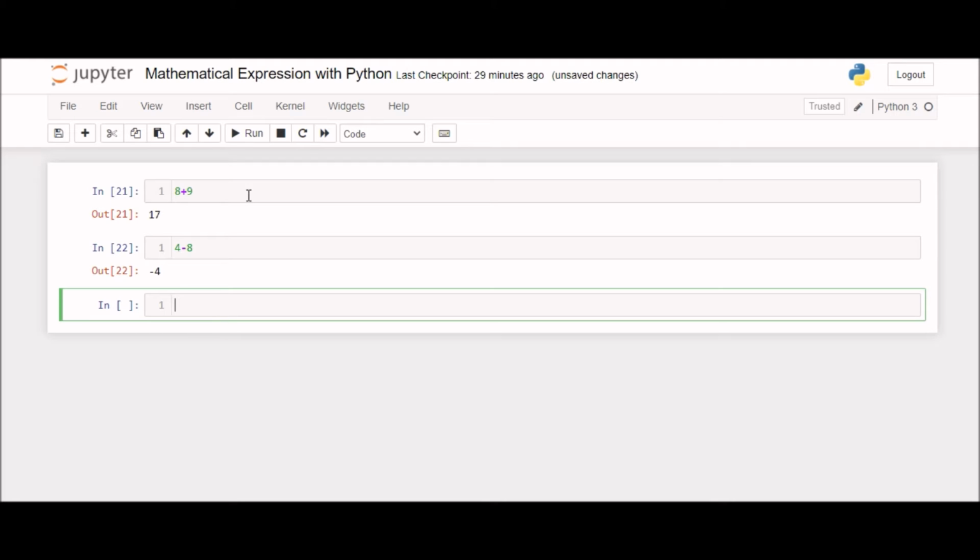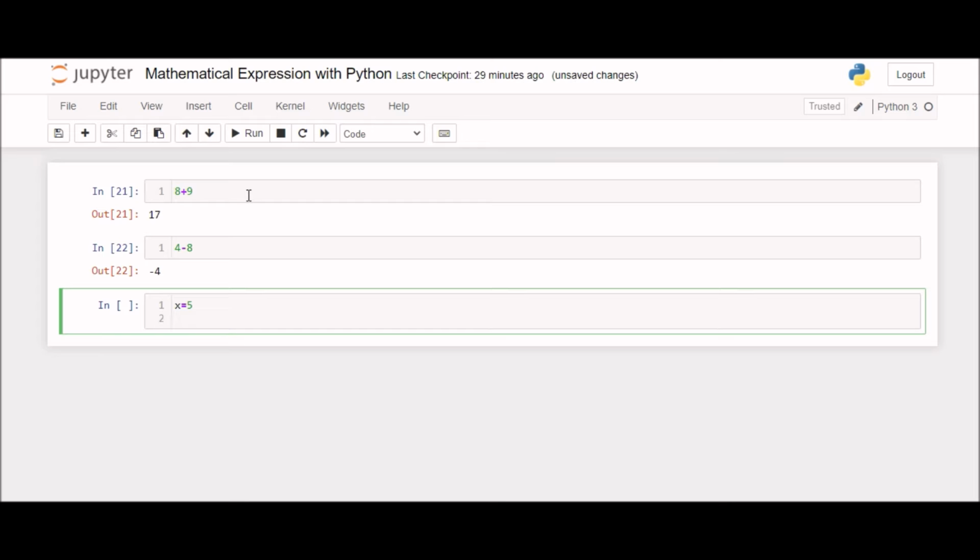Now suppose I'm giving a value 5 to a variable x, like that. And in the next line, I'm giving a value 2 to a variable y, like this. So here x is equal to 5 and y is equal to 2, which I defined already.